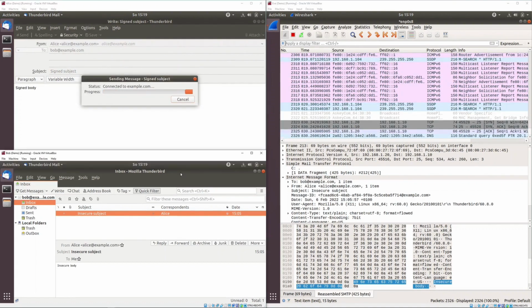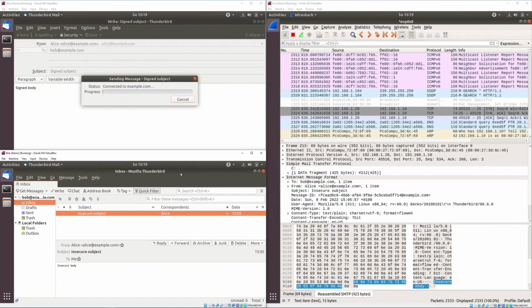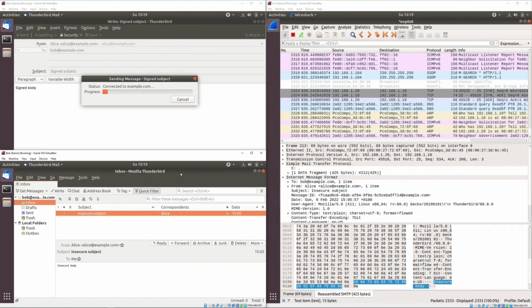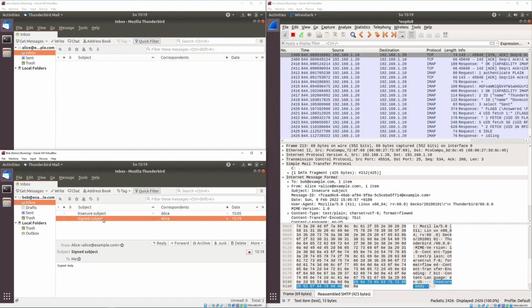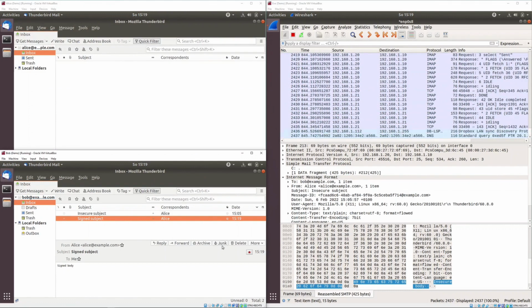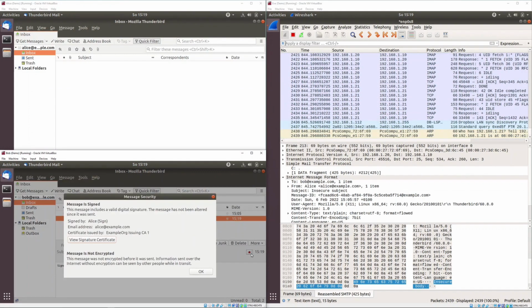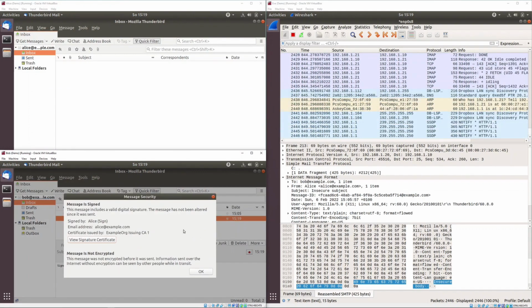Bob is then happy to receive another email from Alice, and once Bob opens this email in Thunderbird, Thunderbird now marks the email from Alice with an icon of a nice sealed envelope. Clicking on this envelope then gives a message indicating that Thunderbird detected a valid digital signature on this message with Alice as the signer, and that this allows to conclude that the email has not been altered since it was